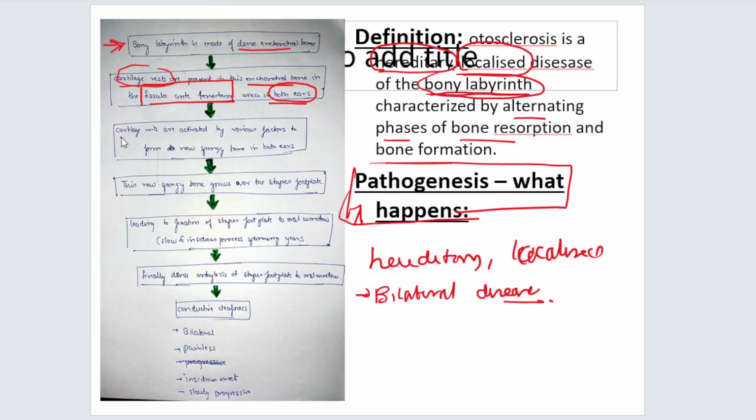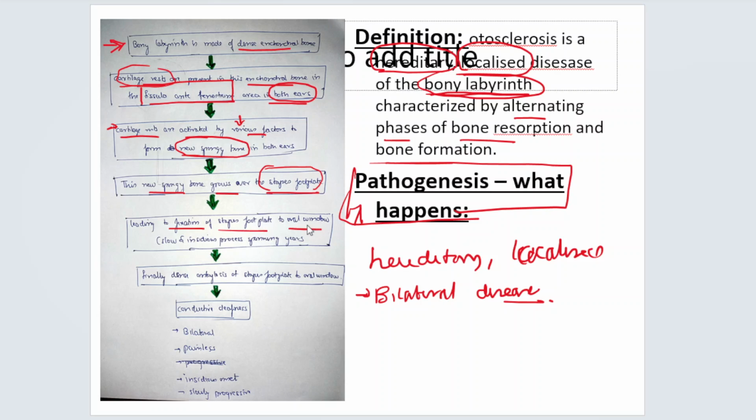Because of various factors, these cartilage rests get activated to form new spongy bone. Now, this is where the pathogenesis starts. The cartilage rests are supposed to be inactive, but because of various factors, these start to form new spongy bone. This new spongy bone, because it is very close to the stapes footplate, starts to grow over the stapes footplate, leading to the fixation of the stapes footplate